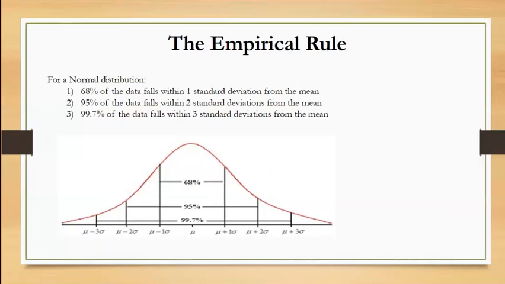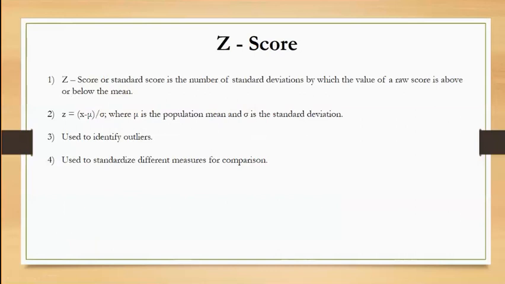So every value in a normal distribution can be represented by an equivalent, what we call z-score. The z-score denotes the number of standard deviations by which a value is above or below the mean. This is the formula by which it is calculated. A simple formula: Z equals x minus mu by sigma. So x is the value which you want to convert to the equivalent z-score. Mu is the mean. Sigma is the standard deviation.